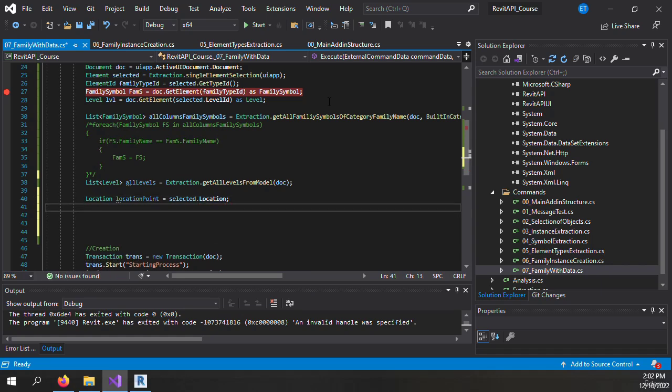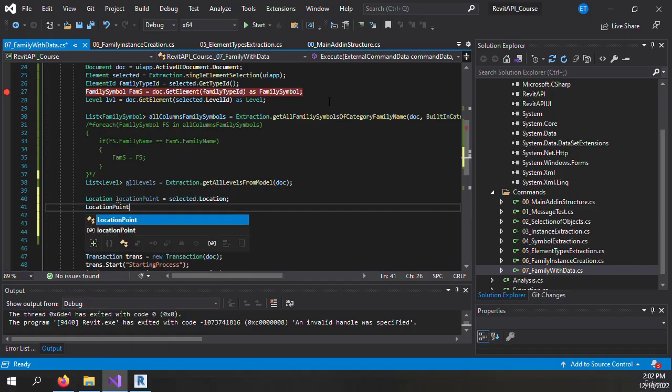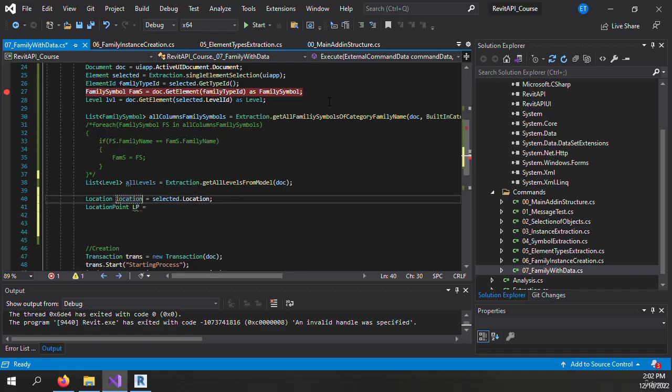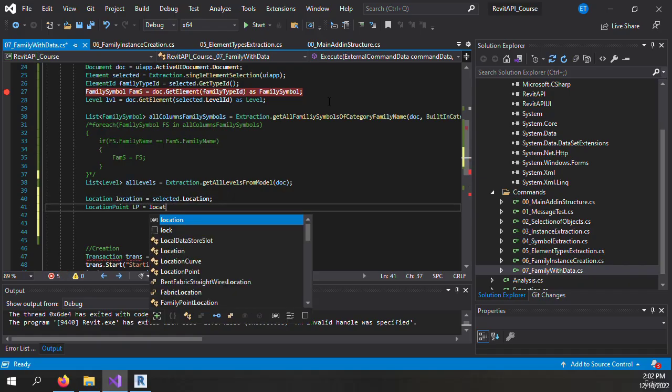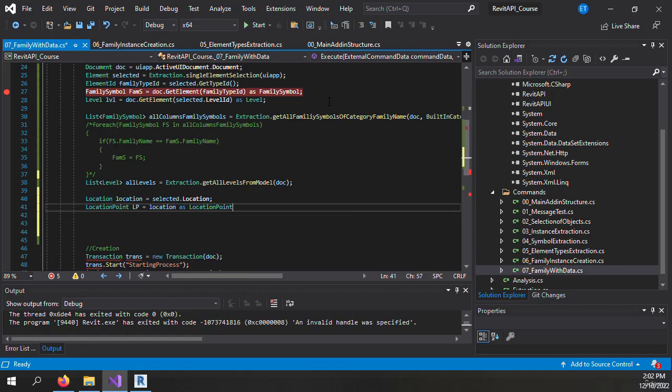Now that we have the location, we want to have the location point. LP, let's call it this one location so that we don't get confused. Location as location point. If the object has it, it's going to appear, and then we want that point